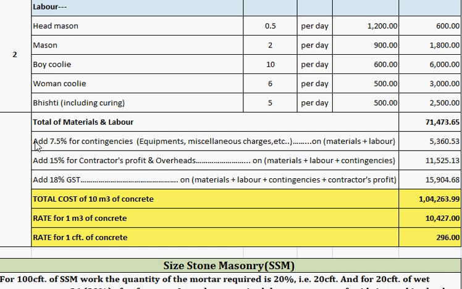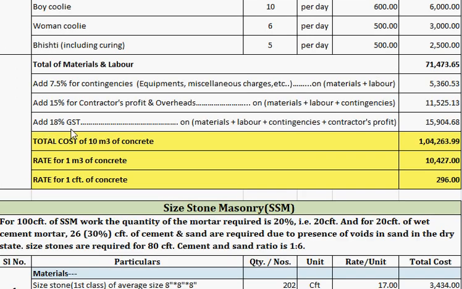71,473.65, and we have to add 7.5% for contingencies, that is equipment or miscellaneous charges, etc. For example, we have to bring a vibrator machine, or we have to hire something for materials or labor, etc. On materials plus labor, that is 5,360.53. Then we have to add 15% for contractor's profit and overheads on materials plus labor plus contingencies, that is 11,525.13. Then finally we have to add 18% GST on materials plus labor plus contingencies plus contractor's profit, that is